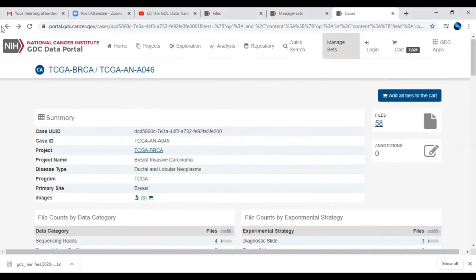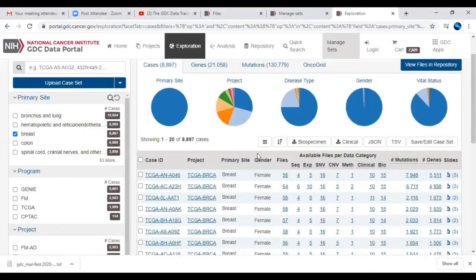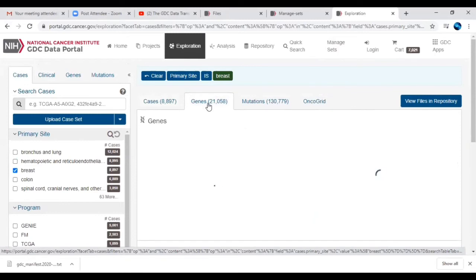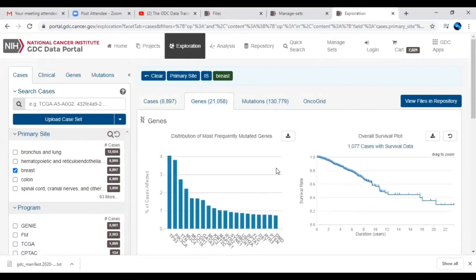Now we are going to see what are the genes information they have given. So I will just click on genes. Here you can see a distribution of most frequently mutated genes and what are the overall survival plot with respect to the genes information.